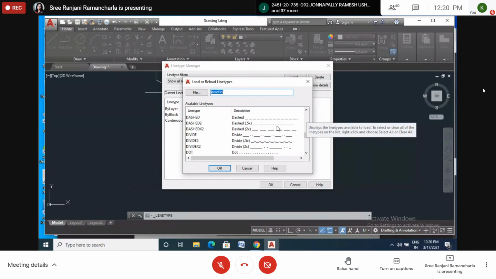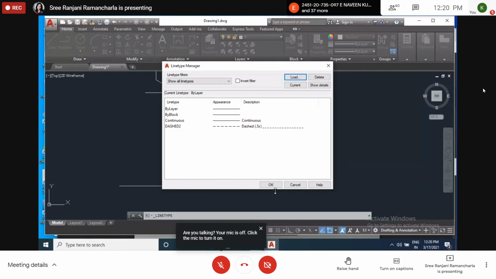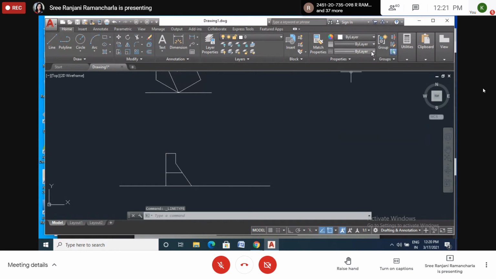It will show very close when we take a printout, so I don't want to take this one. Of course, once we take this one, we can change the scale of this one. Let's see. Okay, then okay. So now it came here. Now you can see these lines here. Now this I want to change. So first I will select this one. Because I have already drawn that one, I want to change that continuous line to hidden line. Enter.